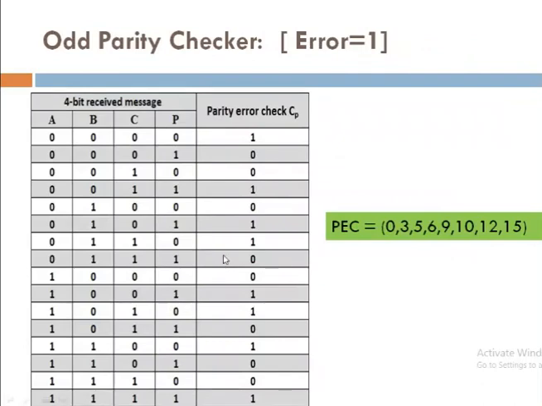Now this is the truth table for the odd parity checker. In that case, the same logic you need to apply. Odd, then 0. If it is even, then 1 is there. So by using the same logic, consider the first case: the number of ones is 0, an even figure, that's why 1. The number of ones is odd, so there is no error, so it is considered as a 0. In this way you can complete the truth table and calculate the min terms. Again, you can check the odd parity checker and the even parity checker. These are the complement of each other if you observe this column.